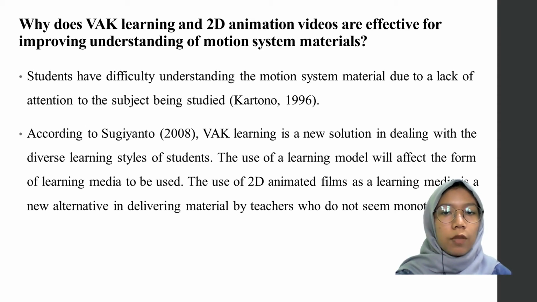First, students have difficulty understanding the motion system due to a lack of attention to the object being studied. This attention leads to increased understanding, concentration power, and student achievement. One of the effects on student abilities in understanding the material is the use of an appropriate learning style, according to their abilities. Effective learning that connects students is the core of learning activities. With differences in learning style, efforts are made to make the learning process effective so that all students can understand